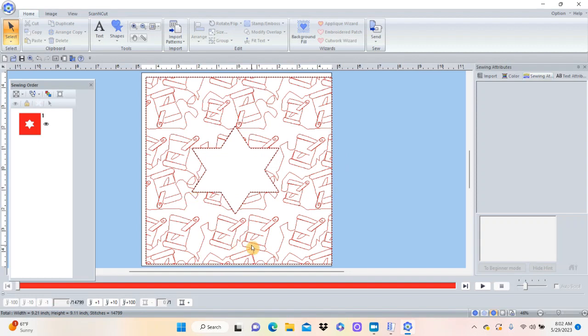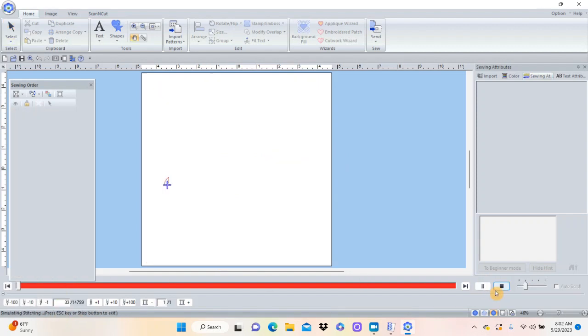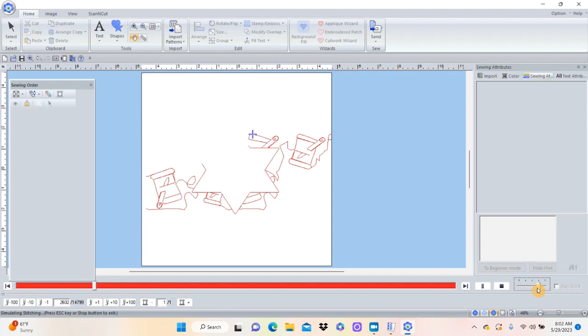so it still looks like the way I wanted it to. And if I come down here and I hit this, let's see if I can speed this up a little bit, make it go faster. You can see that it sews this without stopping. It doesn't have any of those little cuts in the knots. Unfortunately, it goes back over itself quite a few times, so I don't know. I'd have to probably sew this out to see if I like it. But it'll give you a little bit of idea of how the program Stitch Creator works,